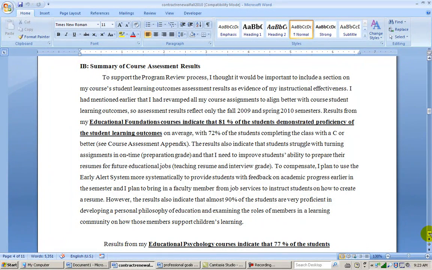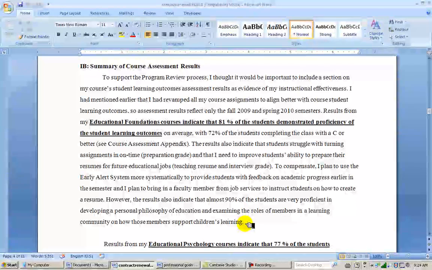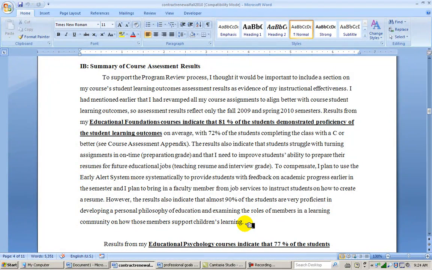But in the second part, under 1B, we start talking about what evidence shows that I was successful at supporting those students. I included my course assessment SLOs, which is not required for folks at this time. I basically did that because I'm involved in assessment, and I know this is coming down the pipeline anyway, but I basically wanted to see how well my students were doing in the SLO,